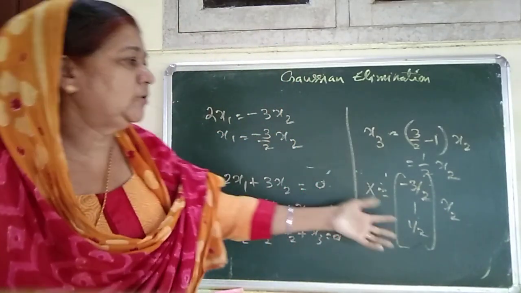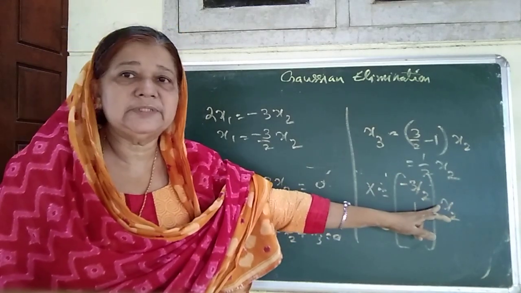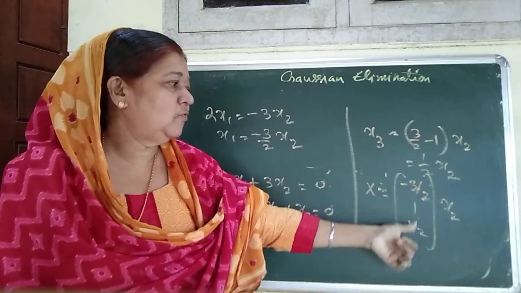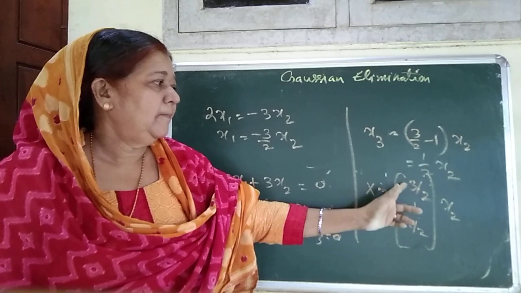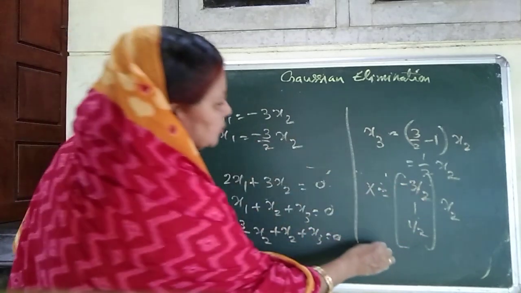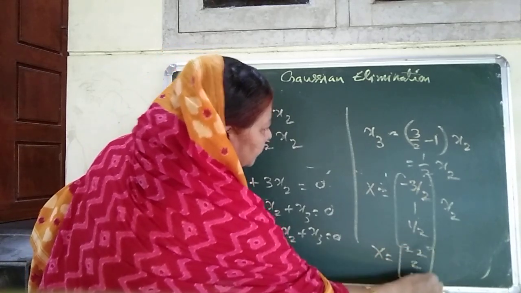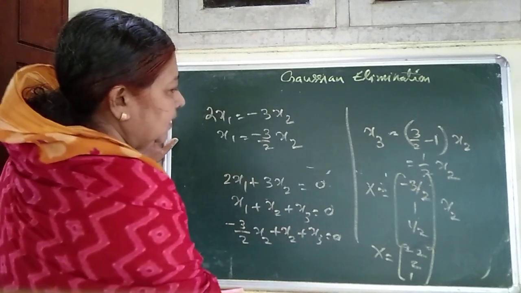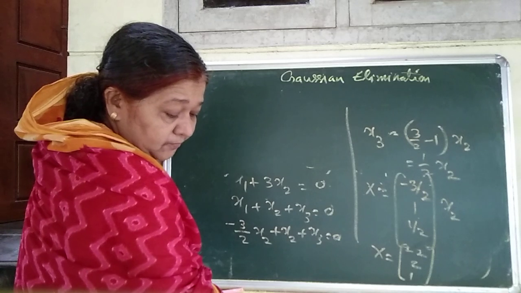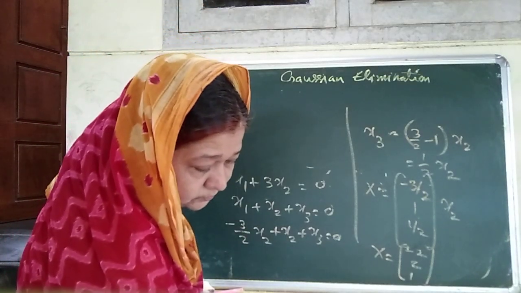So for any value of x2, suppose x2 equal to 1, we have the solution minus 3 by 2, 1, 1 by 2. We can multiply by 2, and we get x equal to, say, minus 3, 2, 1. We can see that this vector is perpendicular to the vector 1, 1, 1. Then we come on to